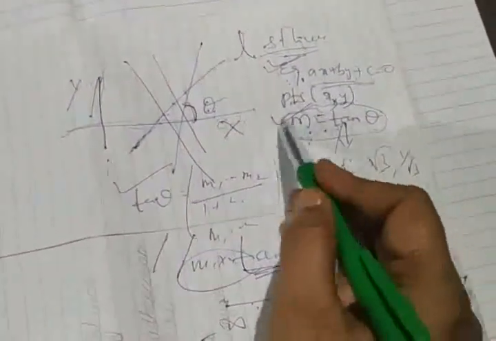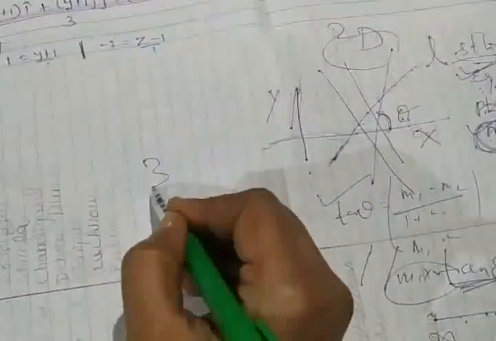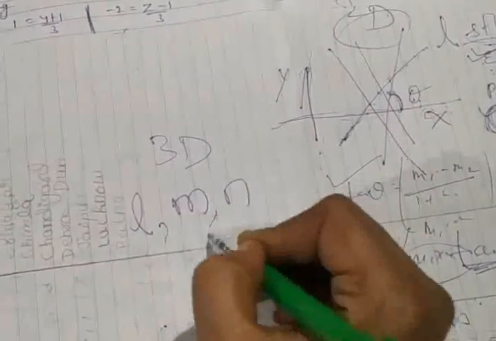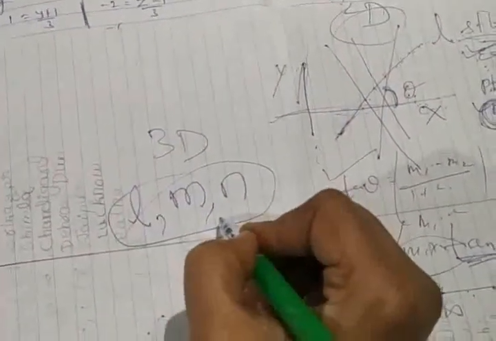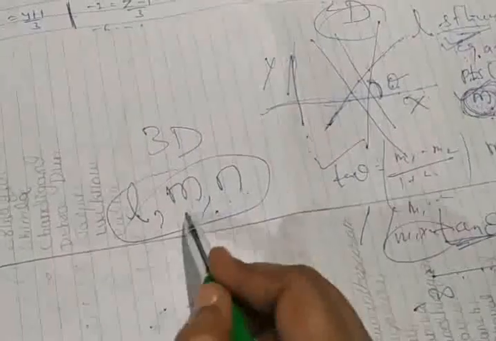Similarly, the role slope plays in two dimensions, the same is played in three dimensions, where along with this m, even l and n, I mean l, m, n, play an important role. So in the next video let me discuss what we mean by l, m, n and how l, m, n acts as an elder sister to this m, the younger sister, which I already discussed in 2D coordinate geometry last year. We'll continue in the next video.